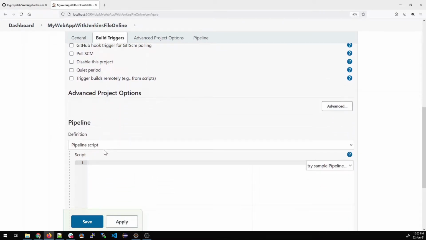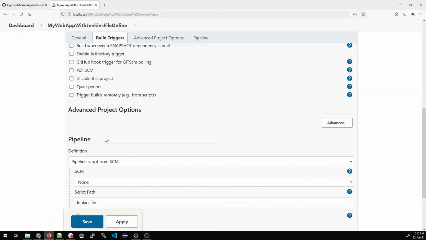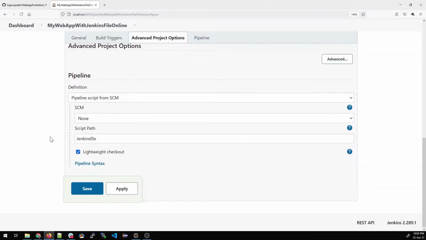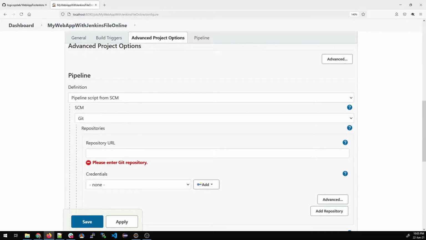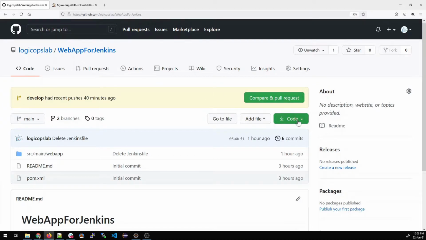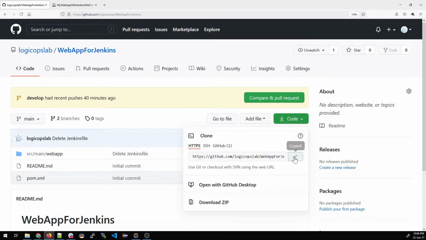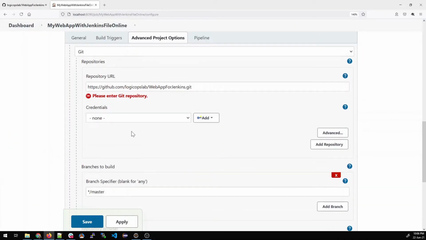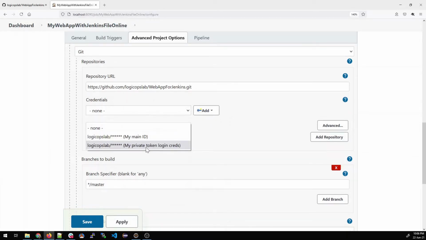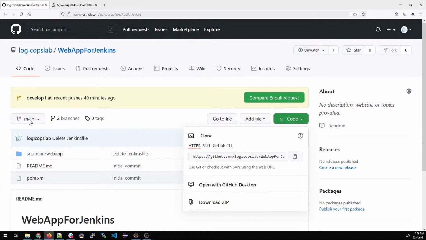Let's come down, select pipeline script from SCM, and SCM would be Git. So just drop down and select Git and give the repository URL. Now where is the repository URL? Go back to your repository, go to code, click and copy the HTTPS part. Paste the same and click on credentials. Select any, because if you remember in the previous videos I have saved it. This is a public one, so you don't have to do it.